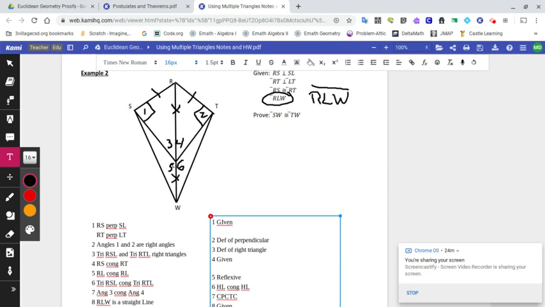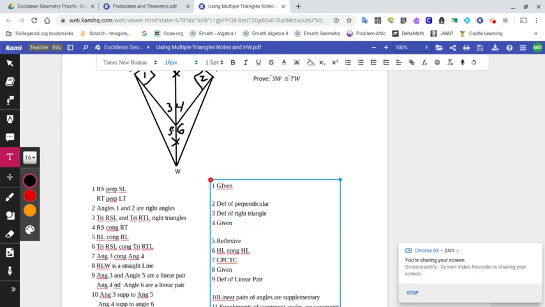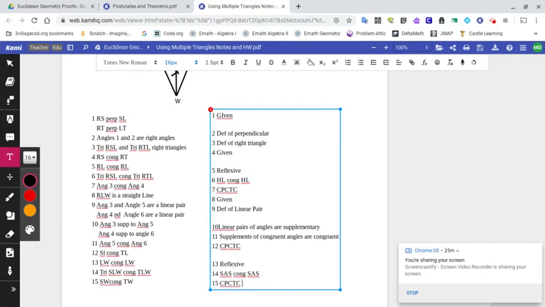So that's that. There is another document for homework. Try those. I believe the third one is going to use this whole supplementary to congruent angles idea. That's why I wanted to introduce it here. So just be aware of that. Statements 8, 9, 10, and 11 are going to be